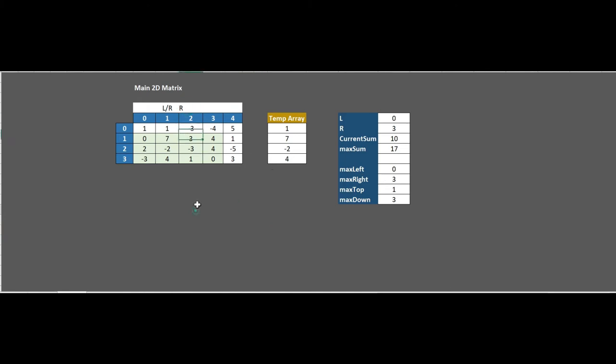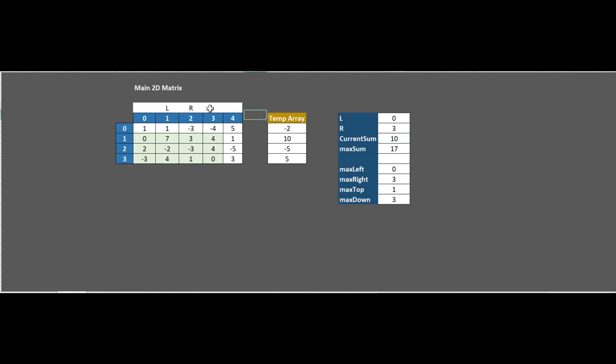So we'll move the R here and we'll delete R from here. Now we have to add all those things to the temporary array. That is minus 3 and 1 will become minus 2. Then 3 and 7 will become 10. Then minus 3 and minus 2 will become minus 5. And 1 and 4 will become 5. Okay, now this part is done, and again we have to check the maximum value here by applying Kadane's algorithm, that is 10.